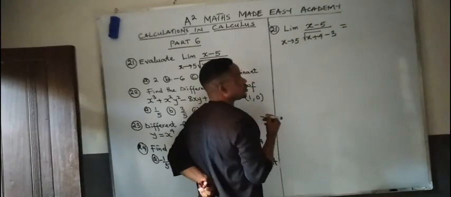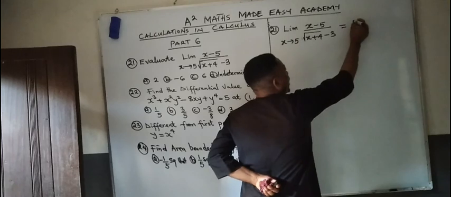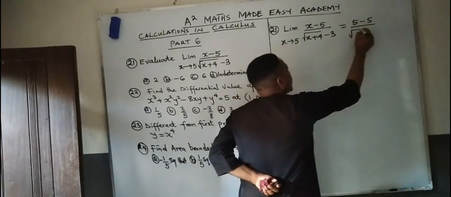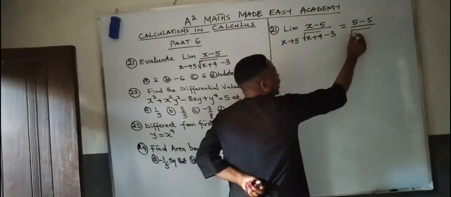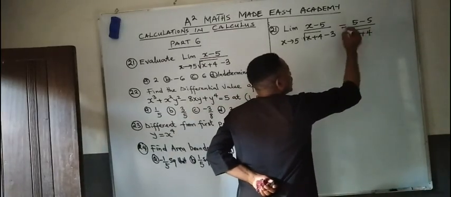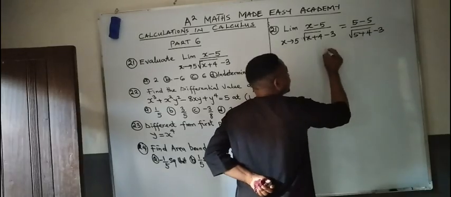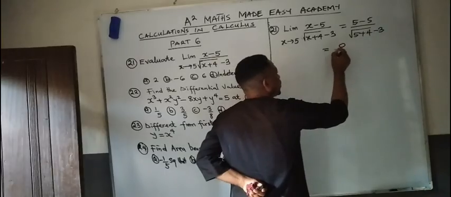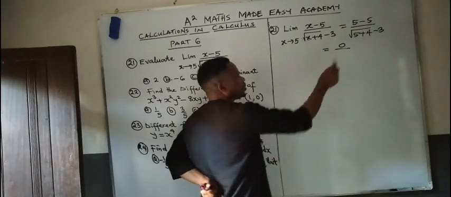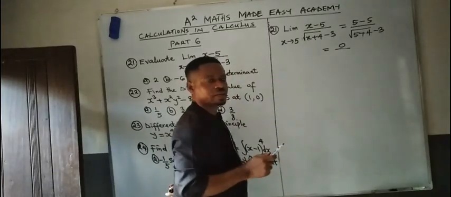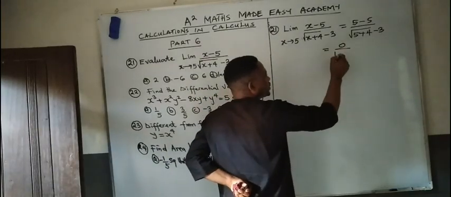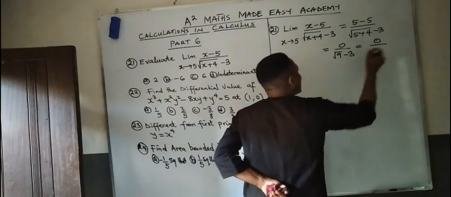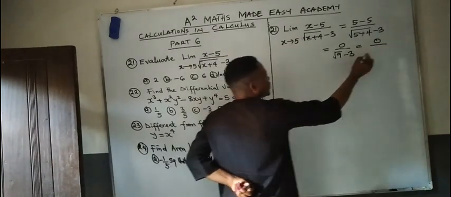Now, this is now equal to, here is x, the value of x is 5, minus 5, then all over, I'll have here the square root of x, which is 5, plus 4, then minus 3. Then if we solve this further: 5 minus 5 will give us 0, all over, in the denominator, 5 plus 4 will give you 9, and we have the square root of 9. So I have this as the square root of 9 minus 3. So we continue to have 0 all over, the square root of 9 is 3, and 3 minus 3 will give you